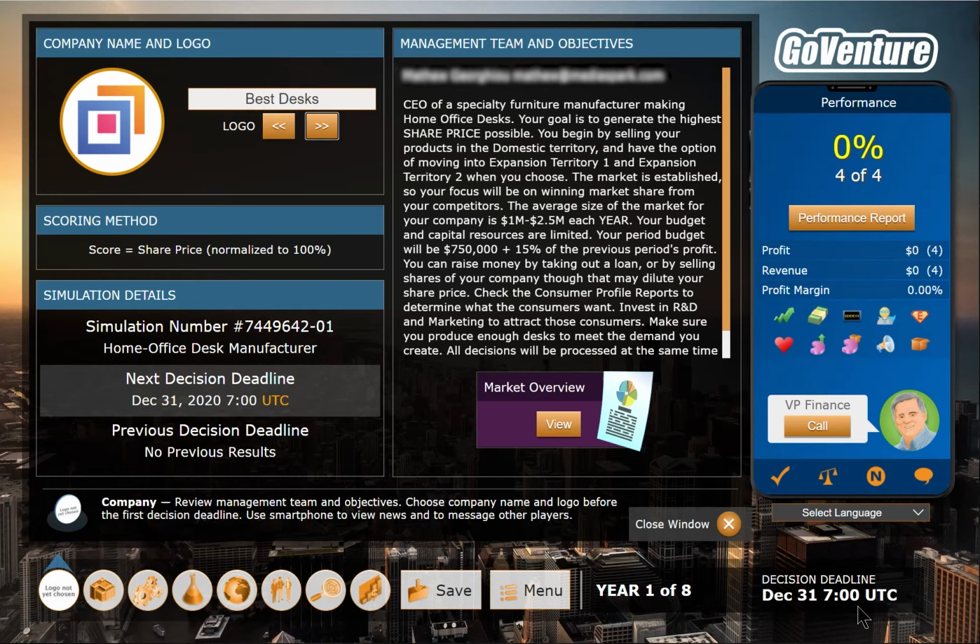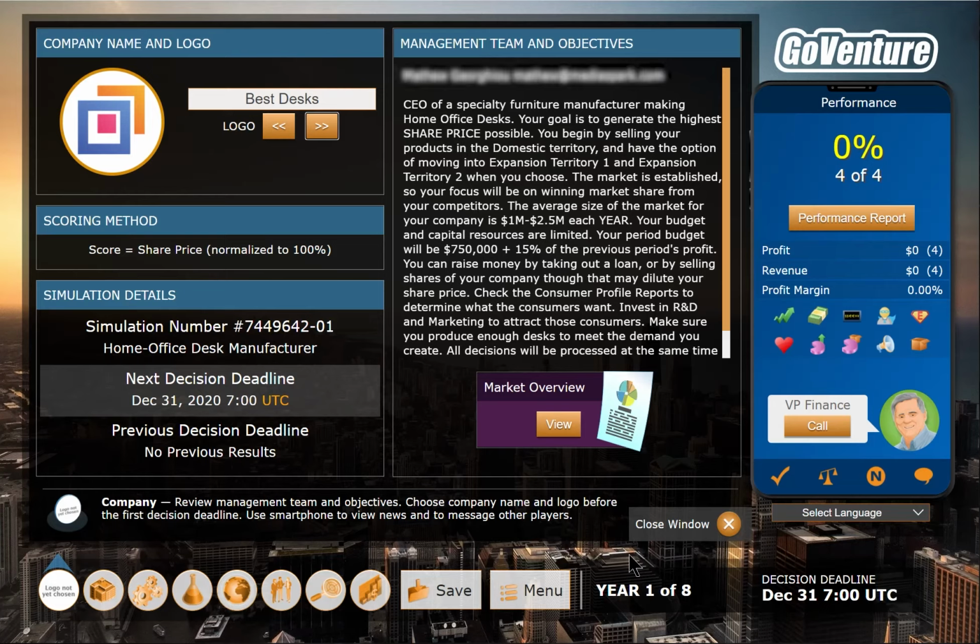Now, it's also very important to note the time zone here is UTC, that's Universal Coordinated Time, and that is not the same as your local time zone. The reason UTC is used is that it's a global time reference that doesn't have to worry about daylight savings times and other differences between time zones. So what you want to do is Google your time zone and UTC time to see what the time difference is, and you may want to do it frequently in case you have daylight savings changes, events like that.